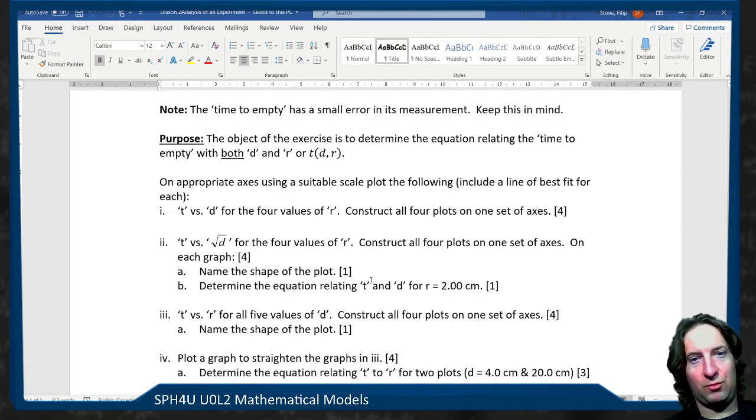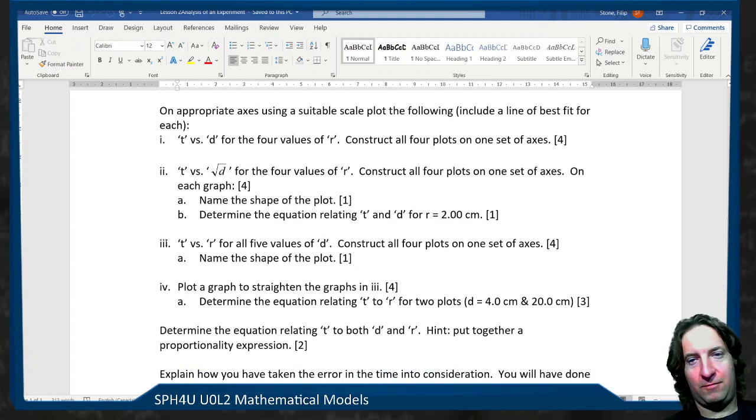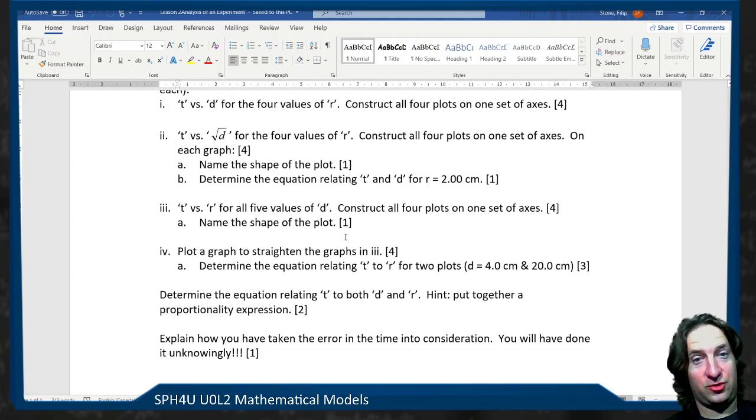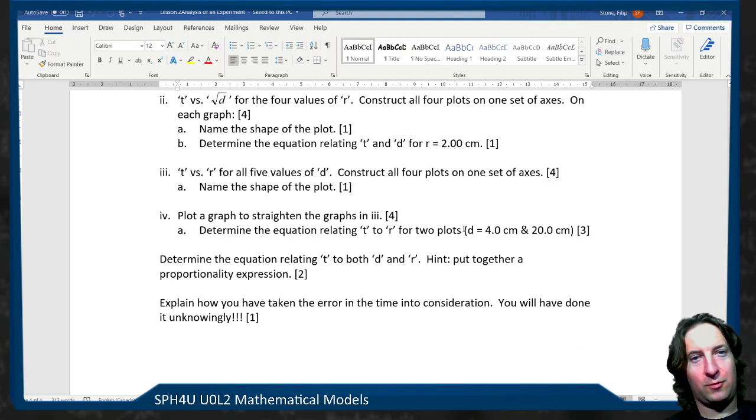Find an equation relating t and d. All right, and then you can do the same thing for t versus r with 5 different values of d. Then you're going to straighten it. I won't tell you how to straighten it. You guys are going to have to figure it out yourselves. And come up with an equation. Okay? Come up with an equation for when d is 4 and an equation for when d is 20. Okay, I want you to come up with 2 different equations. And then put it all